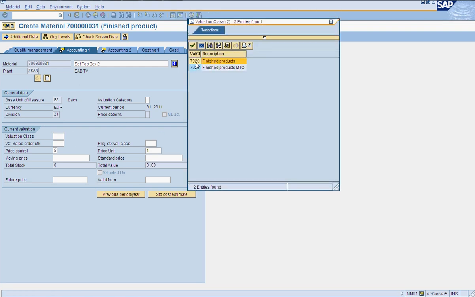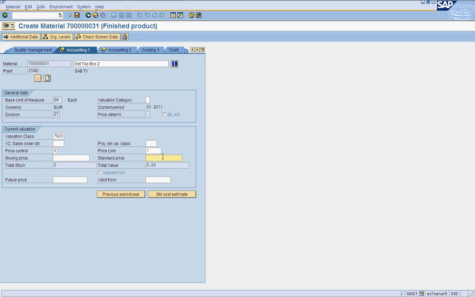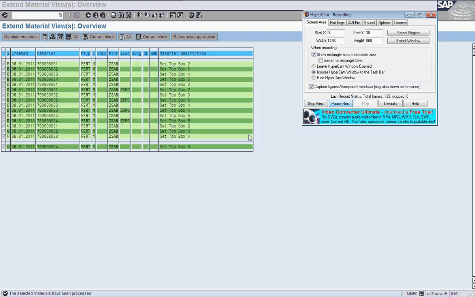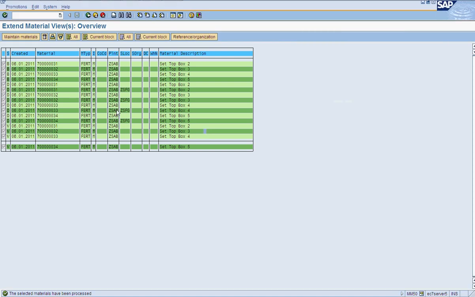So we are doing all this en masse. All the views have been extended. It is shown as green. So we are good to go now.